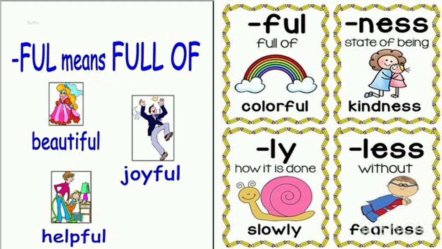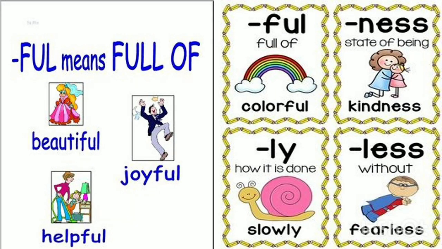which means full of. For example, the word beautiful, which means full of beauty. When the suffix ful is added to the word joy, we get the word joyful, which means full of joy. When the suffix ful is added to the word help, we get a new word helpful, which means full of helpfulness. When the suffix ful is added to the word color, we get the new word colorful, which means full